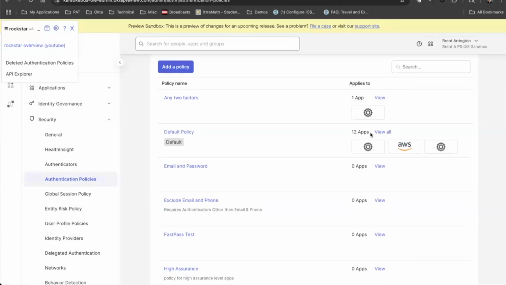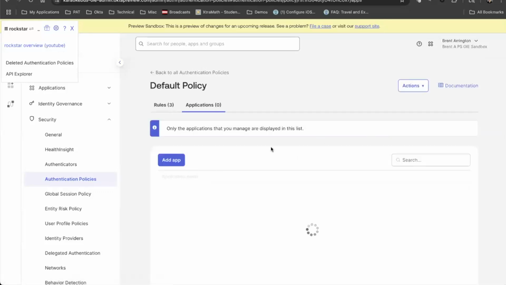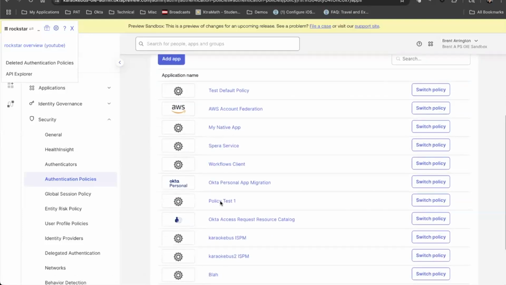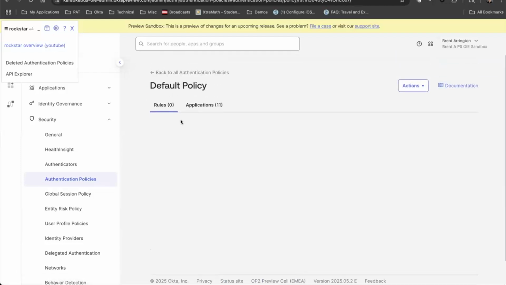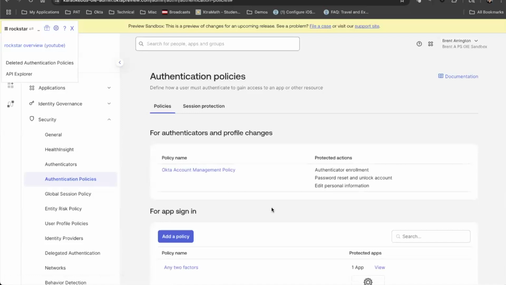And then on the right-hand column, you can see all the applications that a particular policy applies to. So in this case, we can see for our default policy, we've got 12 applications. If we want to see all the apps, we can see a list of all of those here. We can search for specific applications that may be governed by a particular policy. If we go back to our authentication policies here,